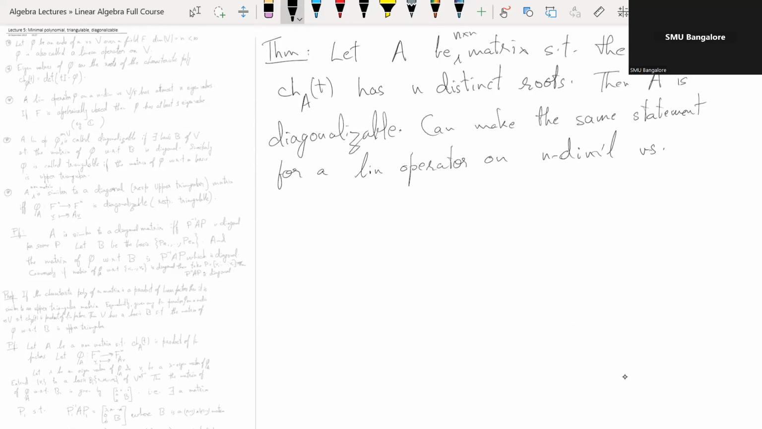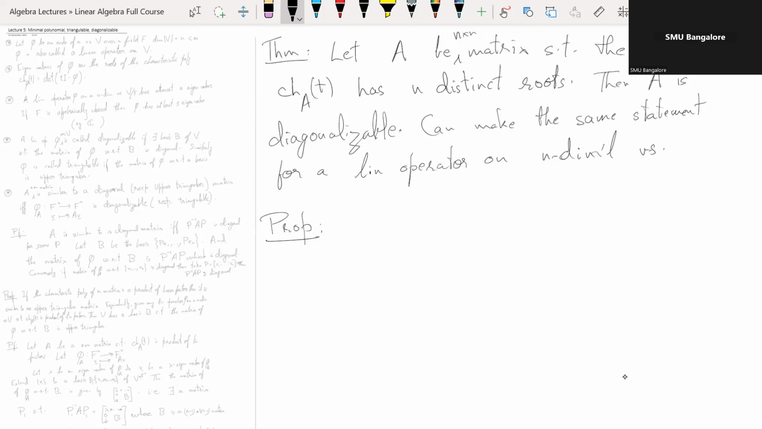Okay, so this theorem follows from the following proposition. So the above theorem, maybe I'll not write it. I'll write the proposition, and then we will prove the proposition and then the theorem. So we saw that one characterization is that it has a basis of eigenvectors. So this proposition will tell you that if this happens, then